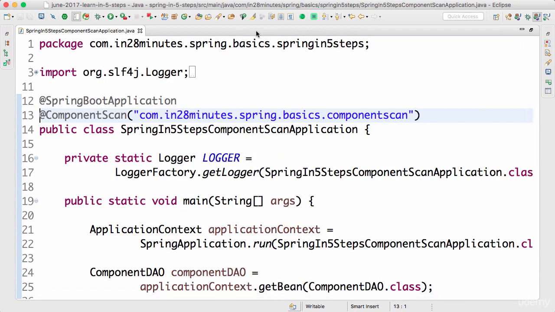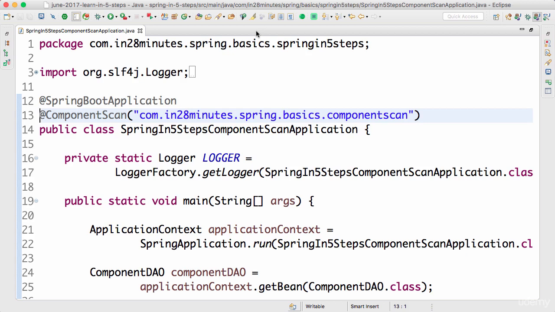You can look at component scan as a search. Spring needs to find the components. It needs to be able to create the beans. For creating the beans, it needs to find the things which are eligible to be beans, and so it does a search. This search is called a component scan. Only the things which Spring finds during the component scan will be created as beans. So it's on you to tell Spring where to search for components, and that definition is called a component scan.